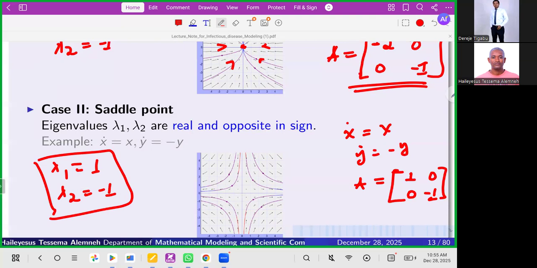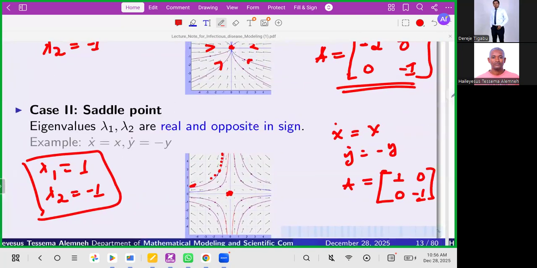And we know that the saddle point does not attract, instead it repels initial conditions that come from any point toward the equilibrium point. If we take any point around, it comes, but then it goes to the other equilibrium point. So it moves. It's not a stable or steady-state equilibrium point that makes things stay stable. So this is the phase portrait for the equilibrium point.